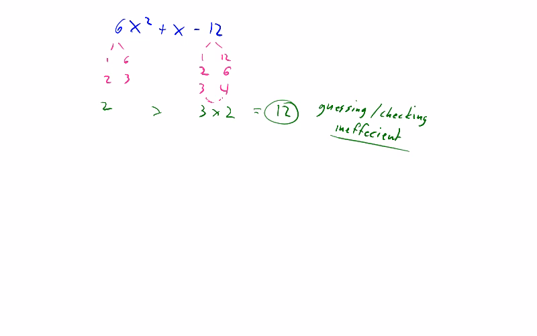So let's consider the expression 4x squared minus 8x plus 3. This is more complicated than our first example, but less complicated than the example that we just did. The reason why is 4 could be factored 1 and 4 or 2 and 2. The 3, on the other hand, only has one way to get factored. So notice when the numbers are low, or if they're prime numbers, there aren't that many ways to factor them,